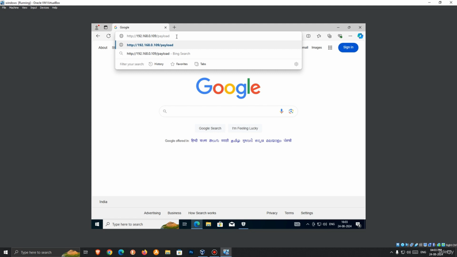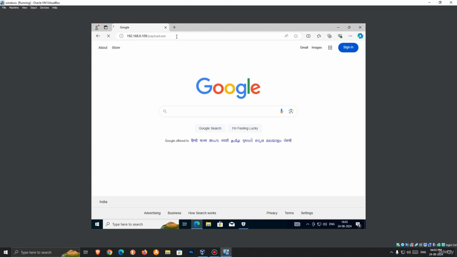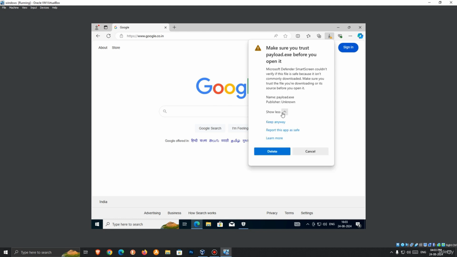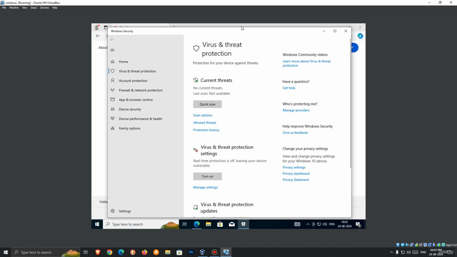So we will be installing the payload right here. I've just gone ahead and disabled it. It's commonly downloaded. Microsoft is just saying that payload.exe isn't commonly downloaded. Trust payload.exe. Yep, I'll say keep it. Hit on show more, and I have gone ahead and disabled Windows Defender just for the